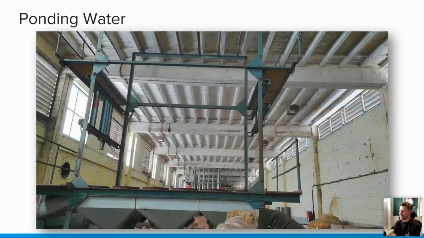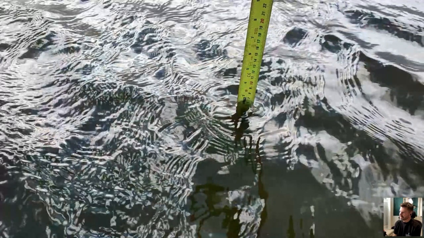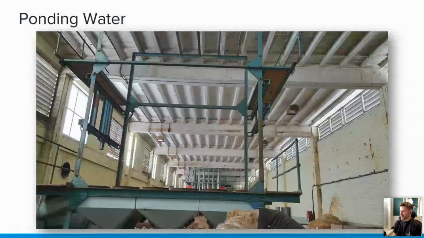This is a block and beam concrete deck, and you can see those structural beams there starting to bow. So it's quite important. It's actually more than that. It's 70 millimeters of ponding water, excuse me. But so again, you can see it's 70 kilograms of water per square meter, which kind of